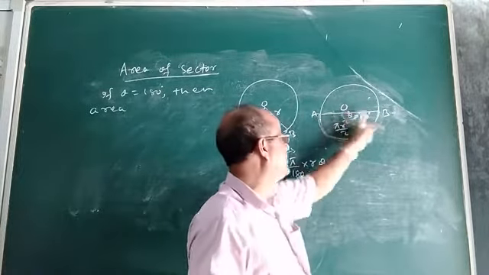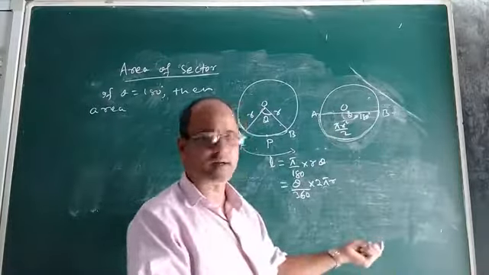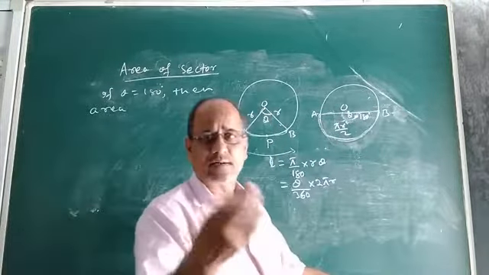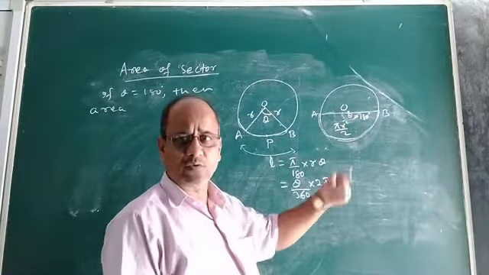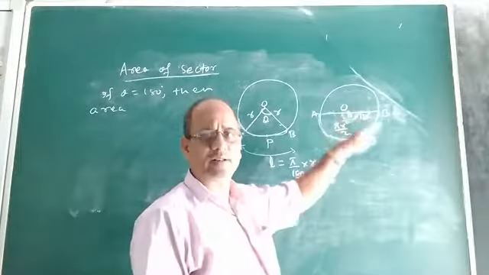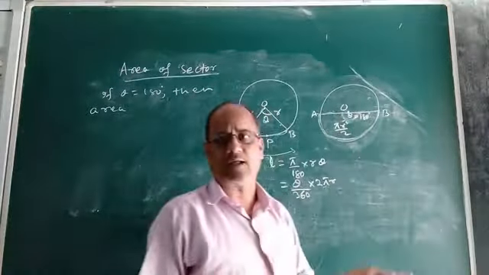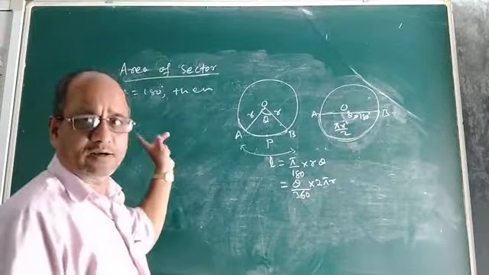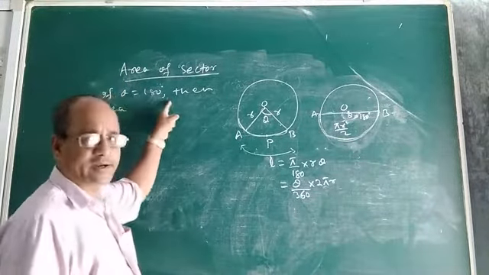So the region between these two radii and arc is what? It is a sector. No doubt, a semicircle itself is a sector. And we get the semicircle only when theta, or the sector angle, becomes equal to 180 degrees. That is what I am trying to explain. See, if theta is 180 degrees,